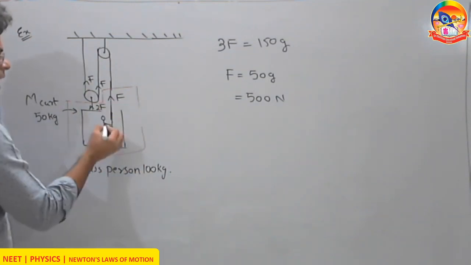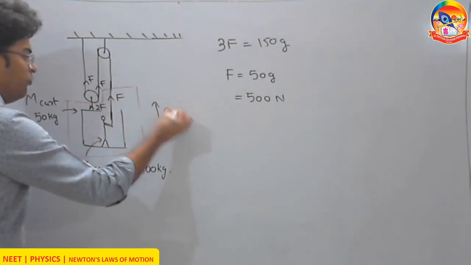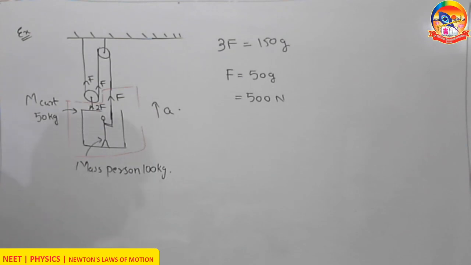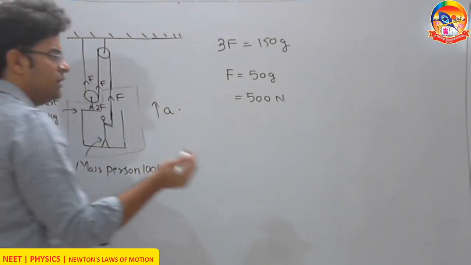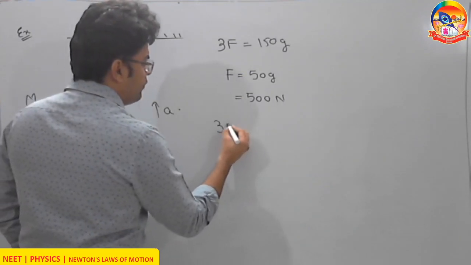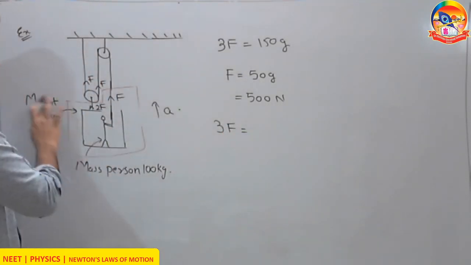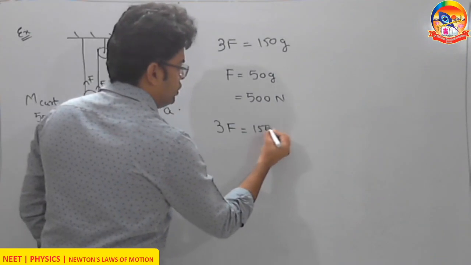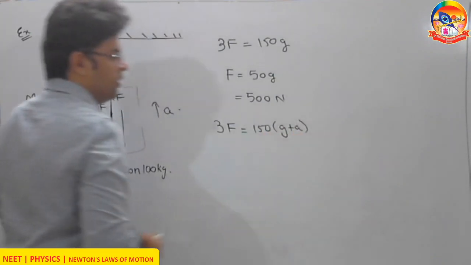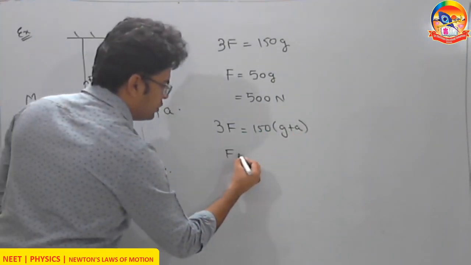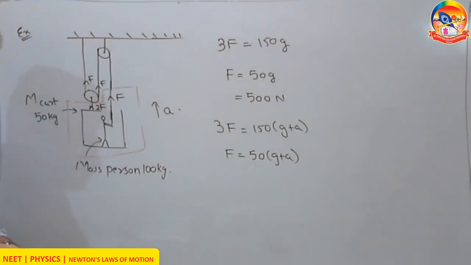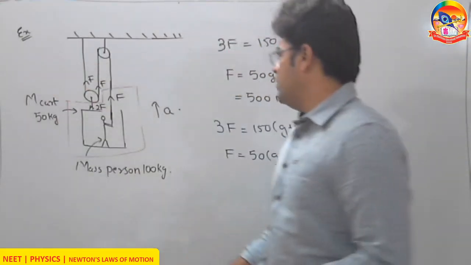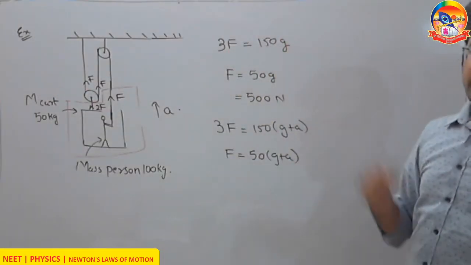Now in the question, if they give how much force has to be applied by the person so that this cart plus person accelerate up with an acceleration a, then I will do the same thing: force F here, F here, 2F here, the net force upward 3F. Then I will write 3F should be equal to mass 150 times effective g, g plus a. So in this case the force comes out to be 50 times (g plus a), and if the person plus cart goes down with an acceleration a, in place of g, write g minus a and solve.